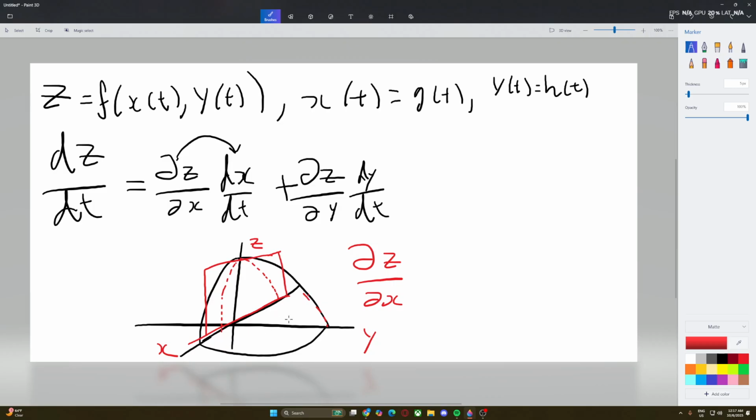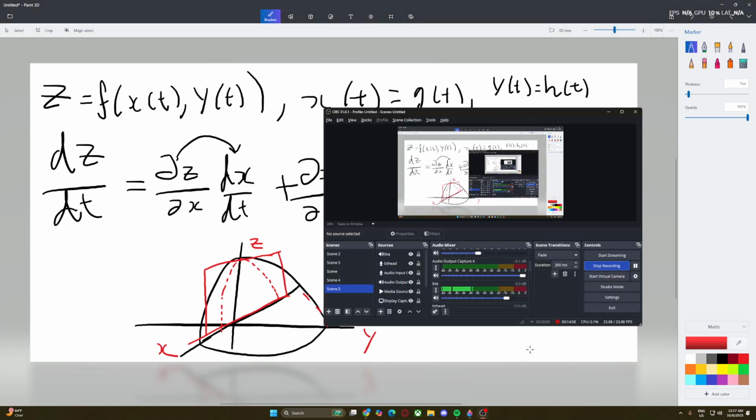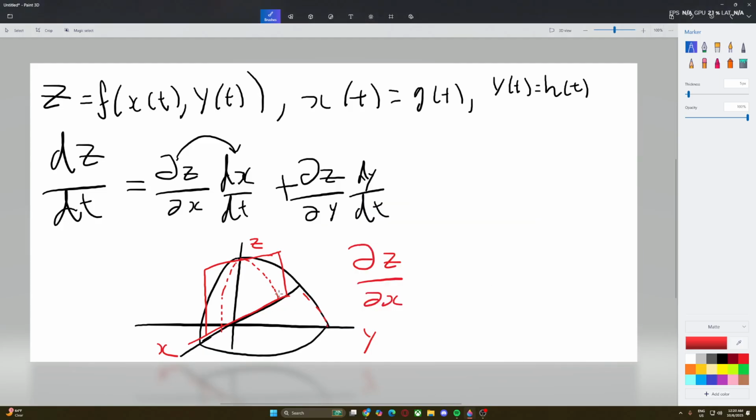If y is still, wait, am I trolling or what? I might be trolling. Hold on. Oh yeah, I'm right. So basically, if y increases, then the rectangle will move that way or that way. So yeah, this is the partial derivative of z with respect to partial x, and what we're basically doing